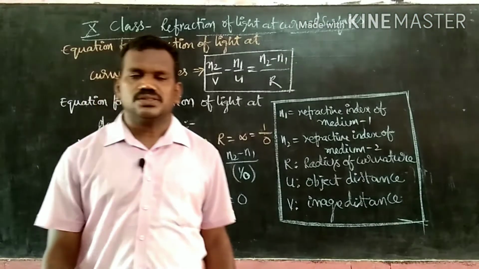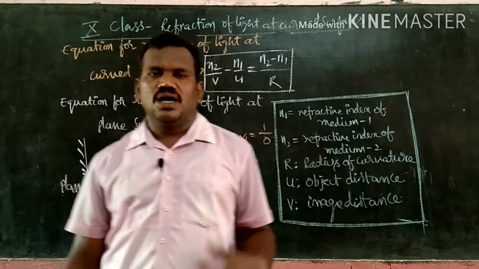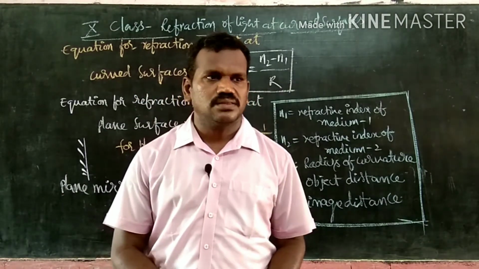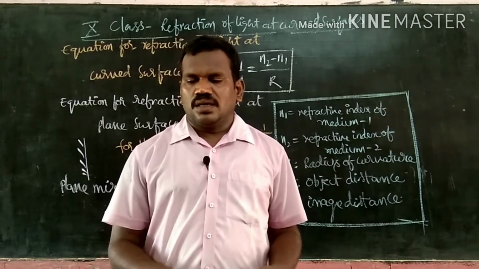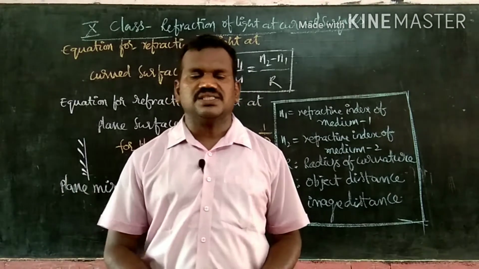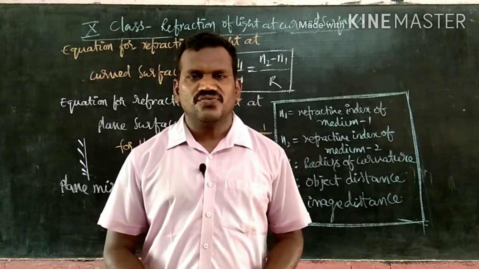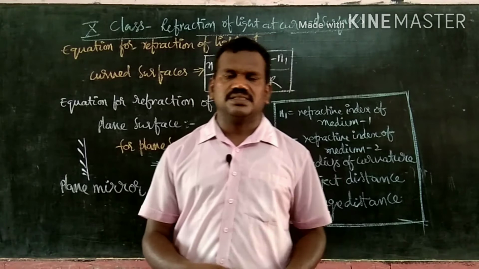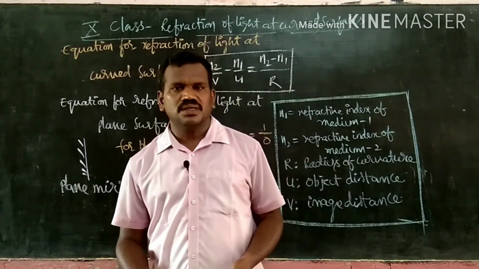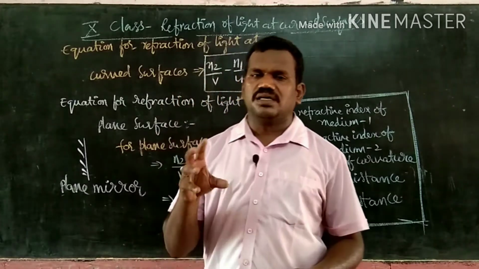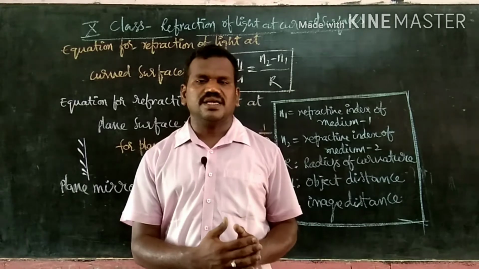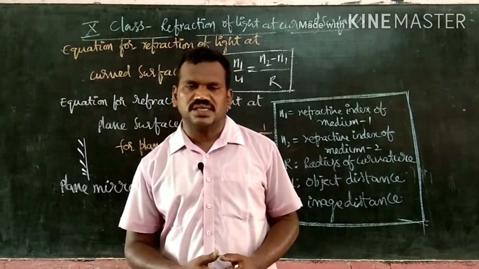In the last videos, we already discussed how to find the focal length of a lens by using the UV method and how to do the different kinds of aspects on that. That means we discussed the various factors that affect the focal length of a biconvex lens: refractive index, material medium, and its dependence on the depth and on the refractive index of the surrounding material media, how it is affected.